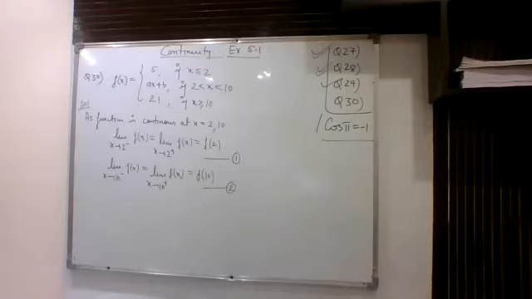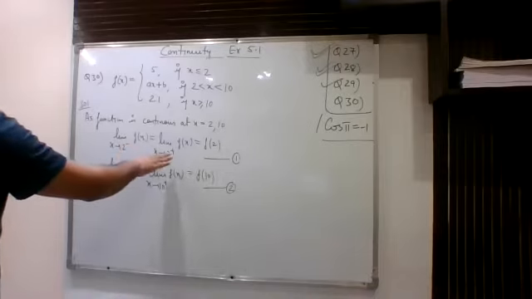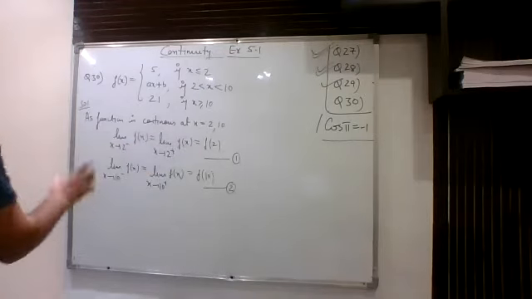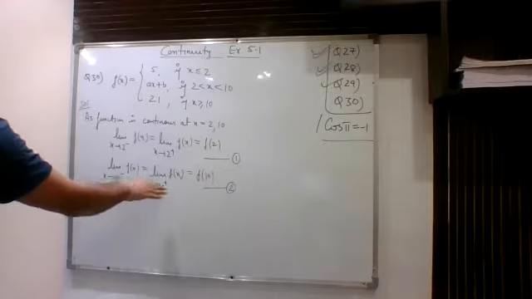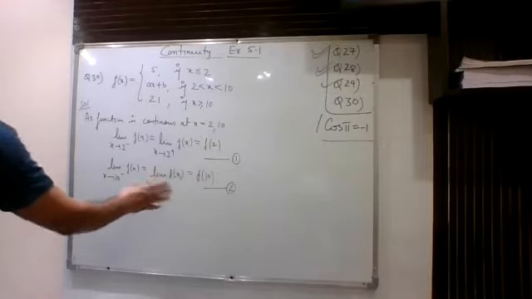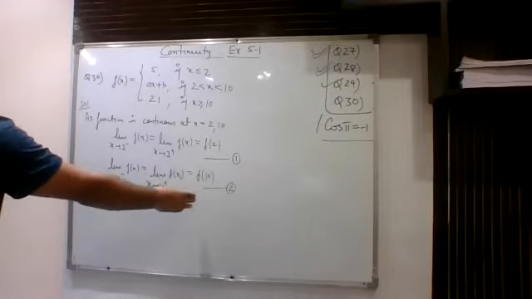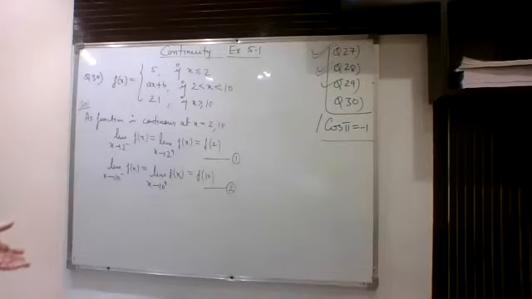So we had just written the definition for continuity at x equal to 2 and continuity at x equal to 10. Let us find out the left hand limit and right hand limit at 2, and then we will get one equation from there. Similarly, we will solve it for 10. We will find left hand, right hand, and this also. Then we will equate. We will get the second equation from here. Then after that, it's a matter of solving equations 1 and 2 simultaneously to get the final answer.